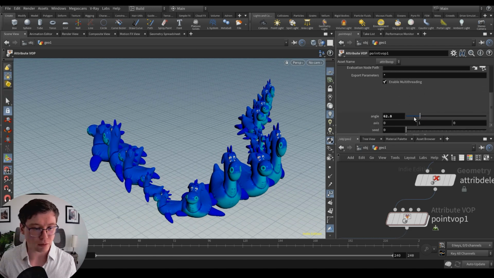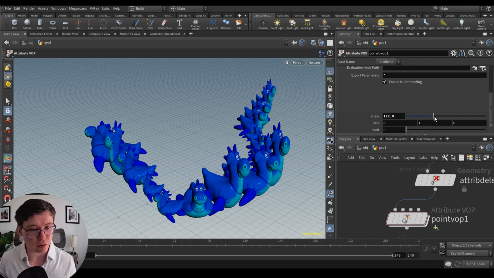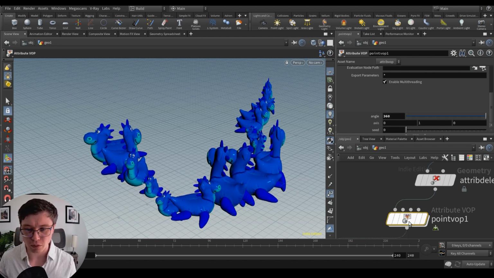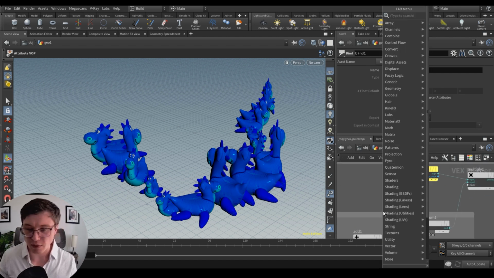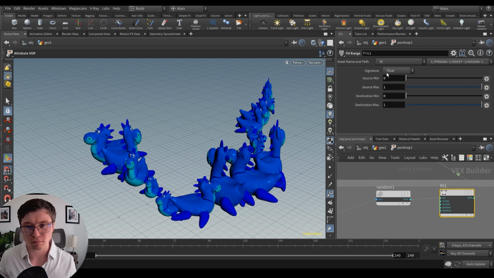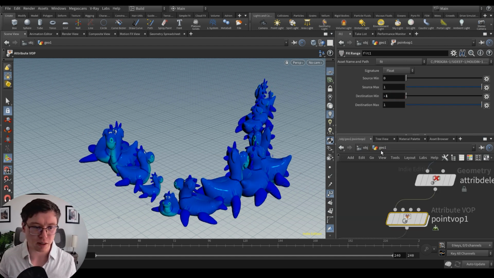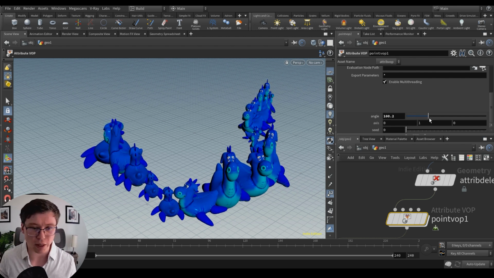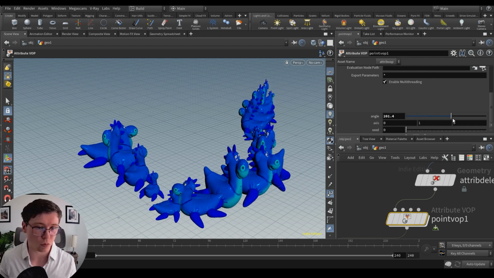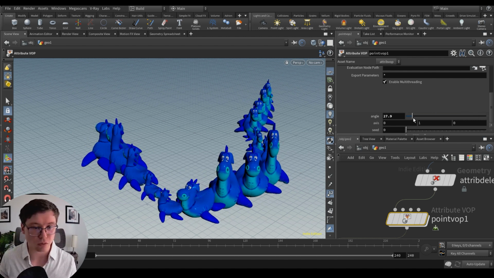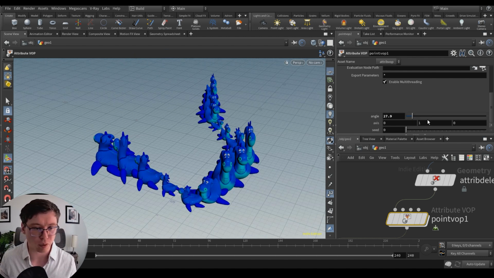We see they all rotate toward the same direction, so we could refit the values not to go between 0 and 1, but between -1 and 1. All of a sudden, as we increase this angle, some go in one direction and the others in another, if that makes sense. That can be a nice way to randomize stuff a little bit.